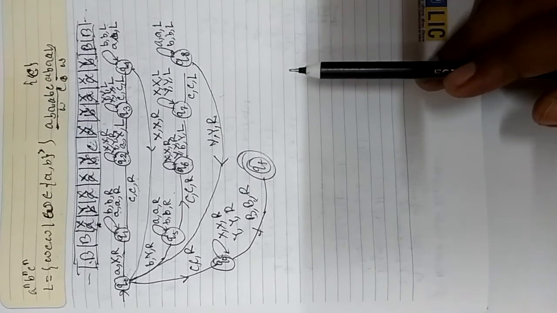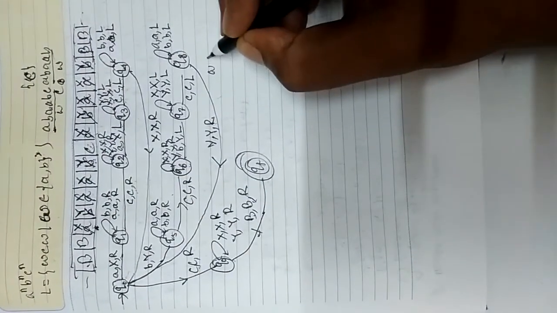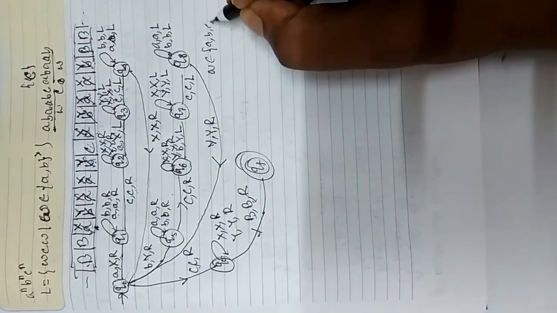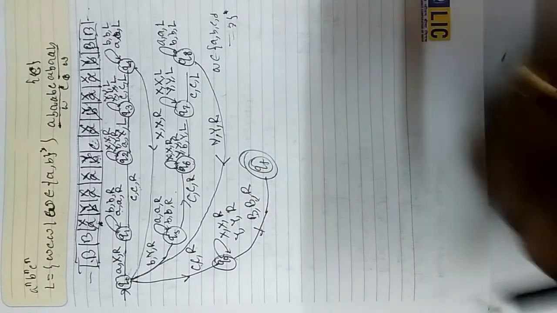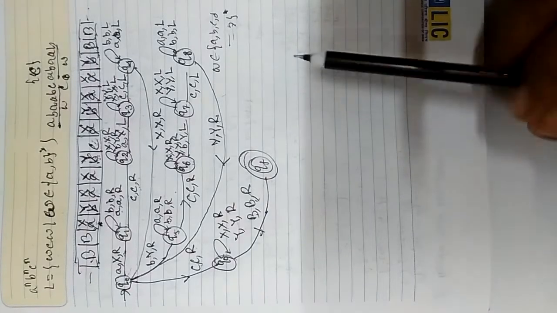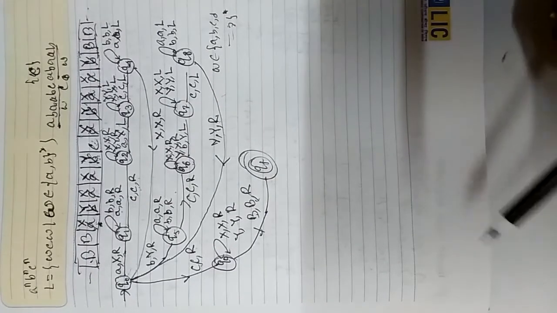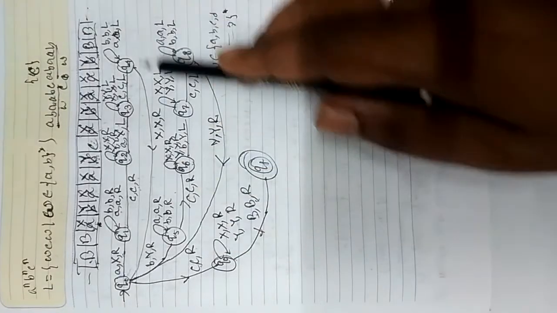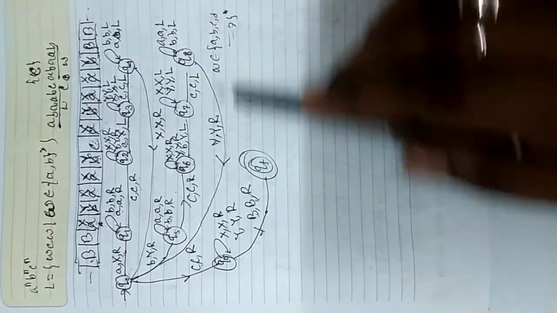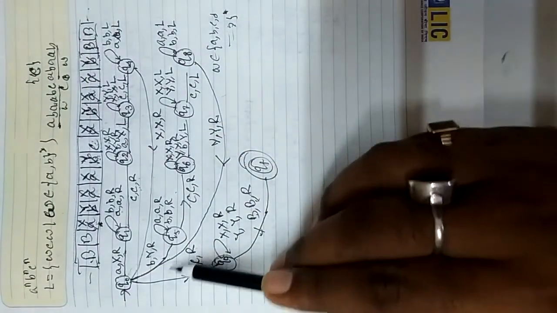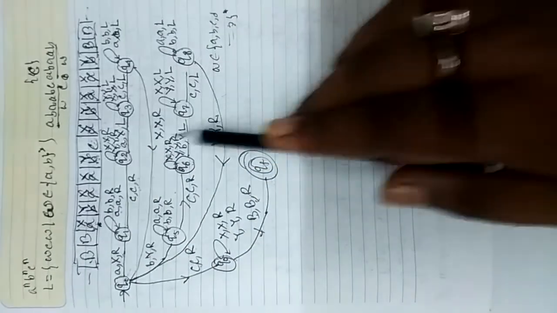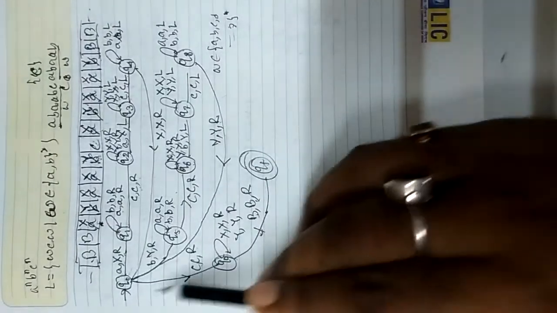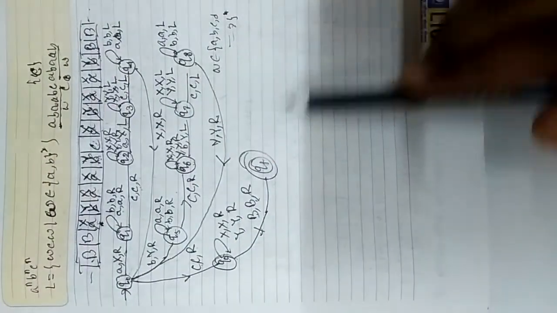Now suppose this omega is given this way: omega belongs to a b c d up to z star. Then what will be the diagram? You see that in this case there are 26 letters in the English alphabet. So this is for A, this is for B. Similarly, another one will be done for C. Likewise you have to make 26 such loops, and finally this one, so 27 of these you have to do.